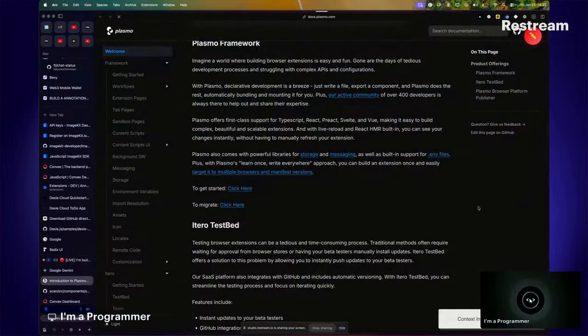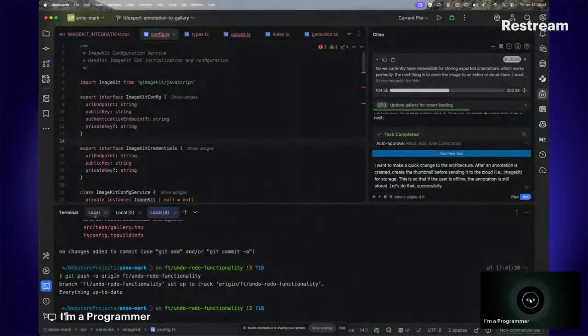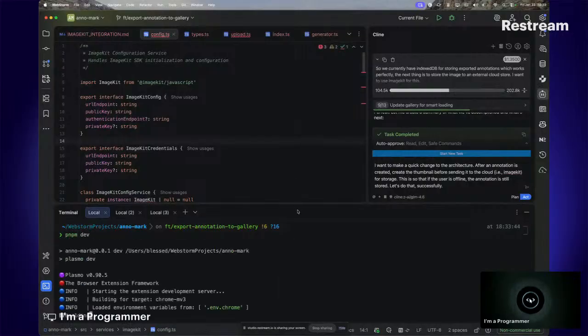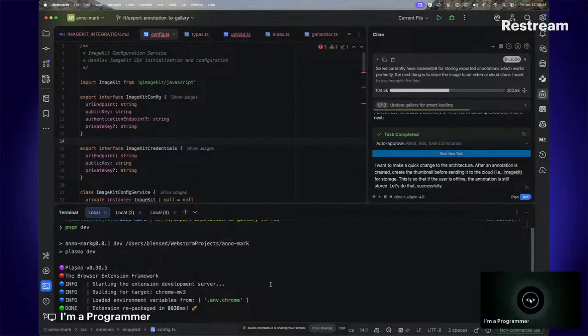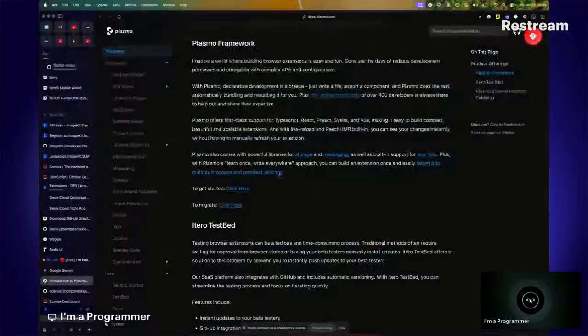All right, so I'm going to invalidate this, so it's going to refresh. Once it is done, the first thing I'm going to do is clear this. Is it built? Now you can see we have an environment variable loaded. It was smart enough to know that we needed that. I just called it .env.chrome and it worked. It's basically just an extension, an env file, right? So it doesn't matter. I'm going to click this to see if our new implementation works. If it works, fine. If it breaks, fine. We are still going to know we've done it today and we're going to mark it